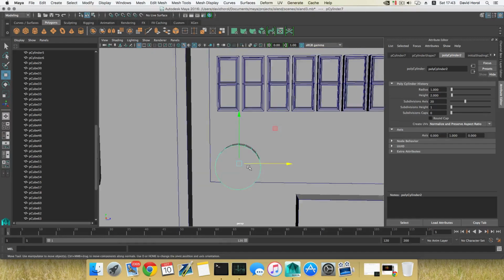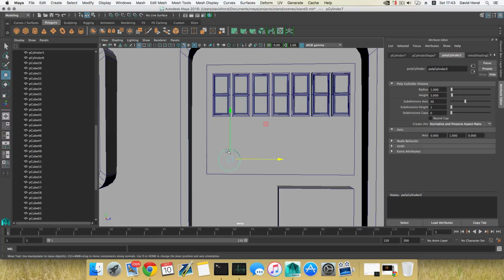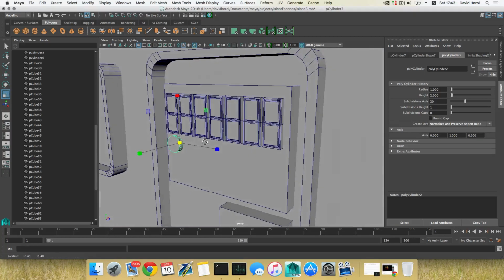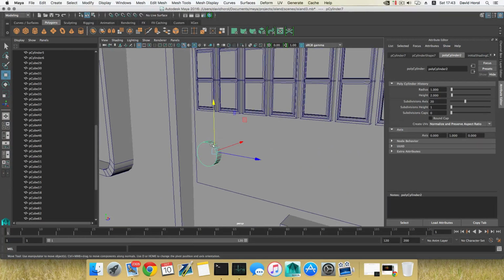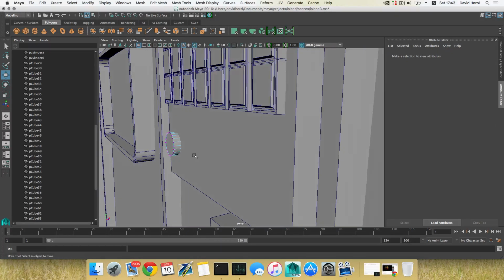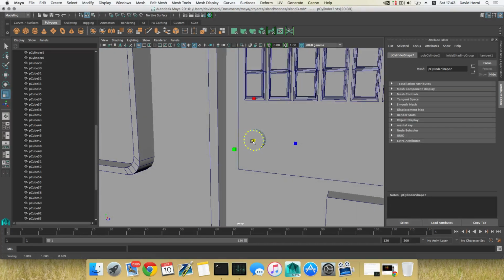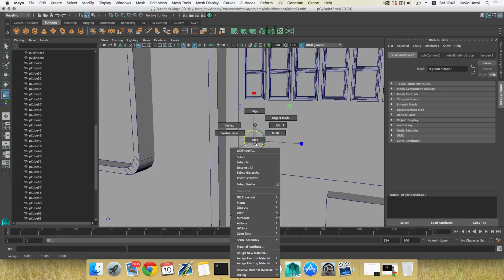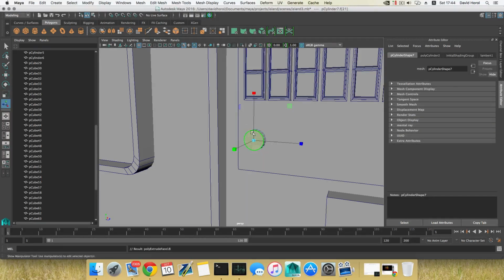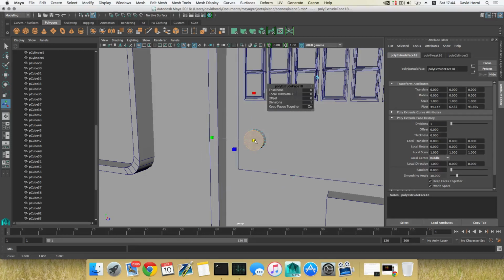Let's just scale it to the diameter of these. I don't know, so that it will be somewhat the same diameter as these switches. Okay, and when we're done with this, I'm gonna grab these vertices only, scale them down to a cone shape, and then right click, choose face, grab this face, extrude it, tap on one of those cubes, grab the middle one, extrude it inwards, and then do the same again,